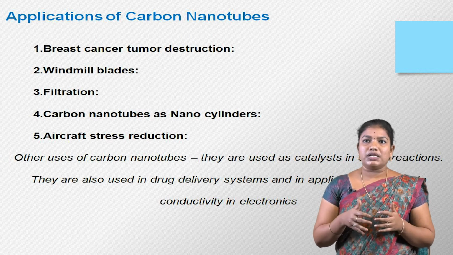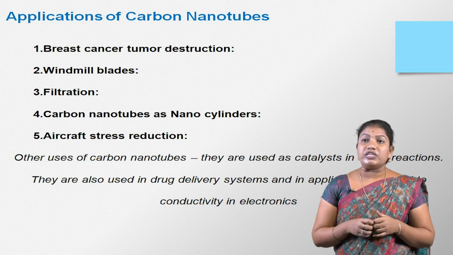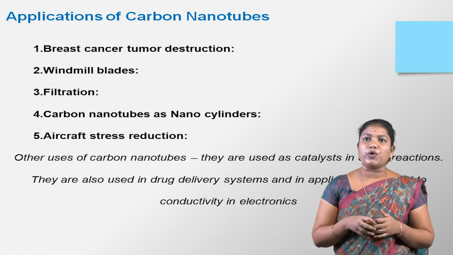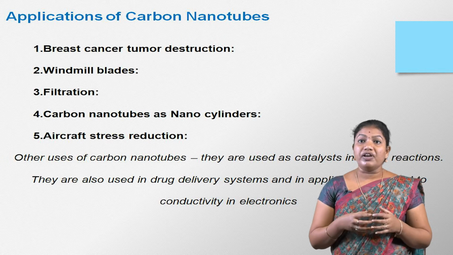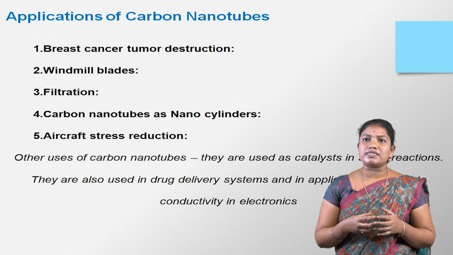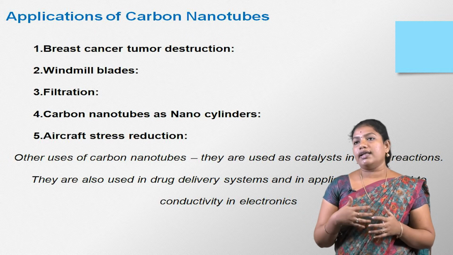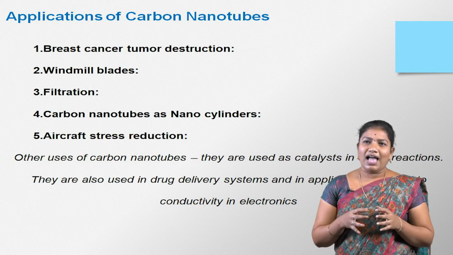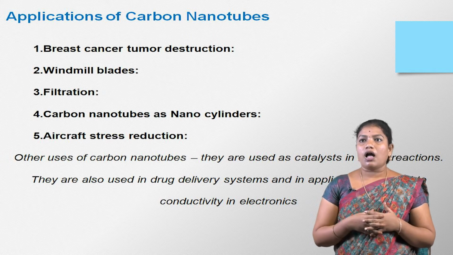The next one, windmill blades. Hollow tubes are also used in windmill blades because of their low weight. It increases the efficiency of the windmill and helps to produce more electricity at a faster rate. The third one, filtration. Carbon nanotubes can be used to separate particles of a size greater than the diameter of the carbon nanotubes. During filtration through them, they can also be used to trap smaller sized ions from